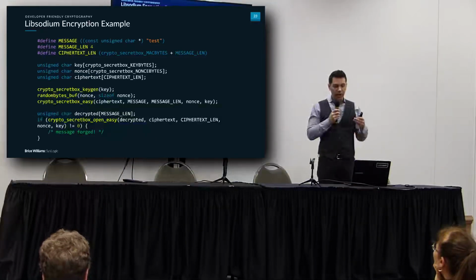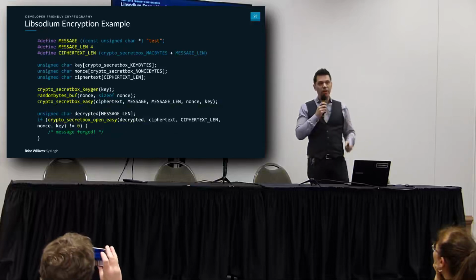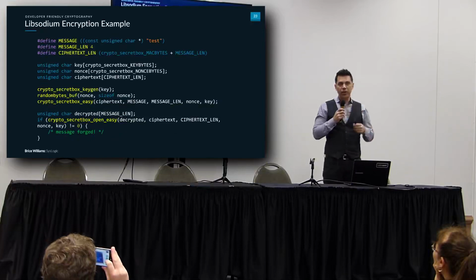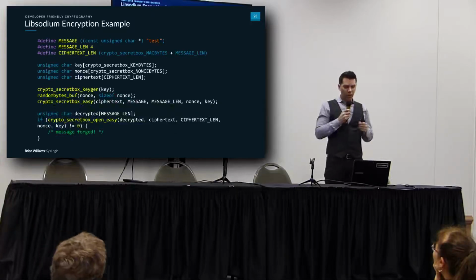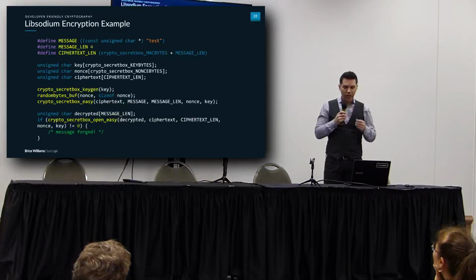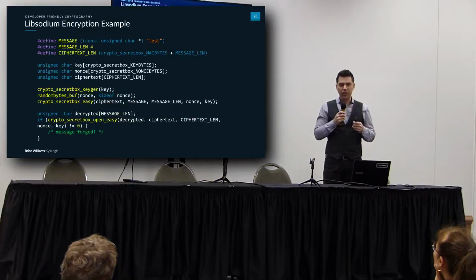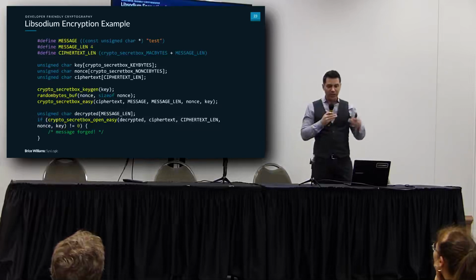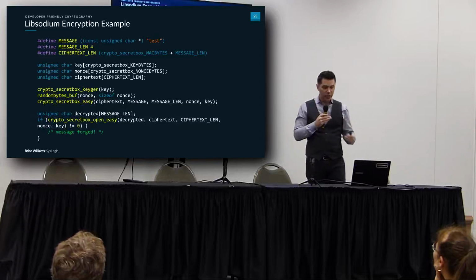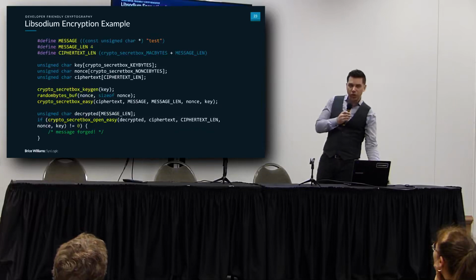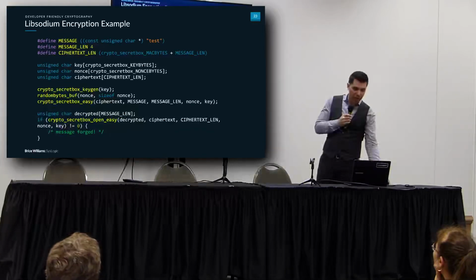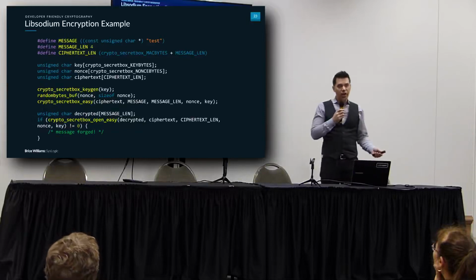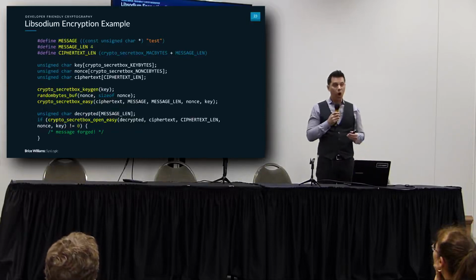You'll notice if you view this later, for example, there's no mention of any cryptographic algorithms here, no choice of cipher, no key size selected, no correctly generating initialization vector or nonce. You still have to create the key and create the nonce for the encryption, but it provides functions to do this in a very simplistic manner where a developer is not going to generally make a wrong selection.